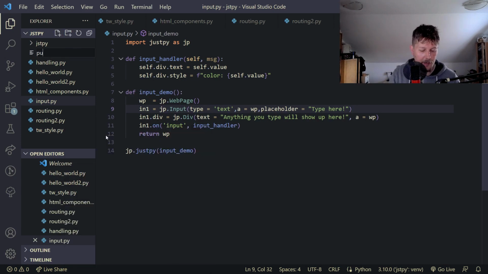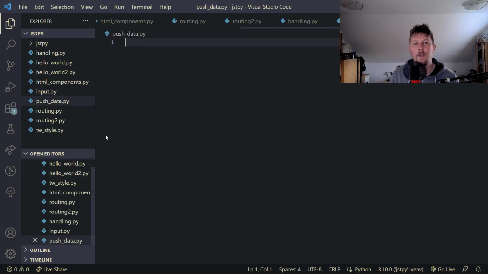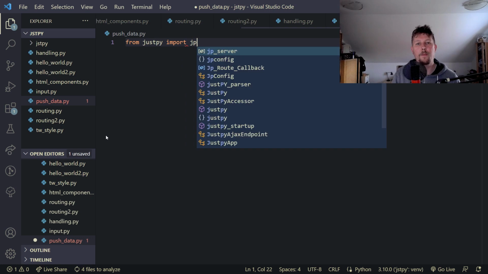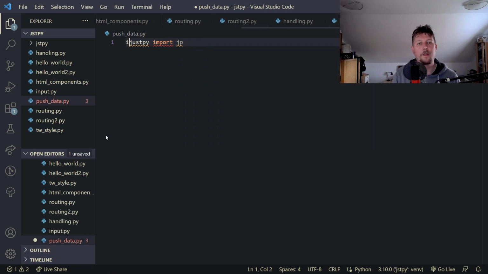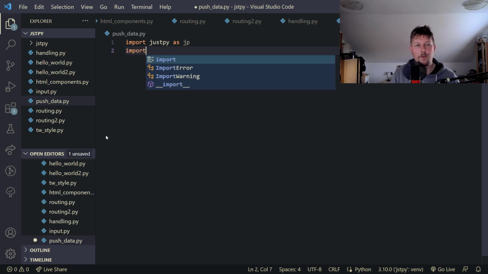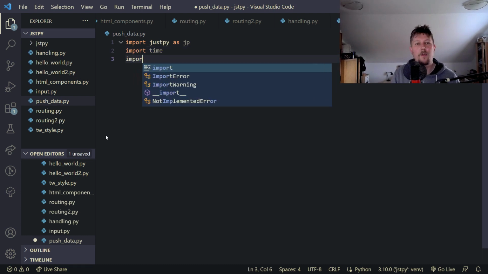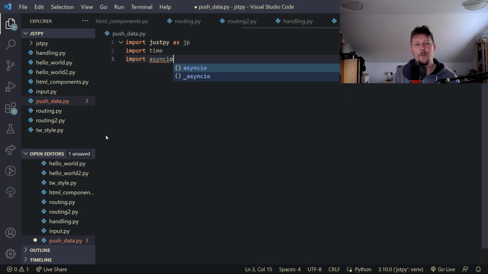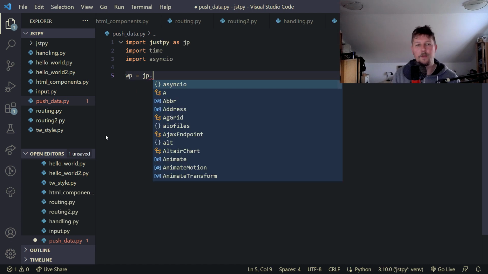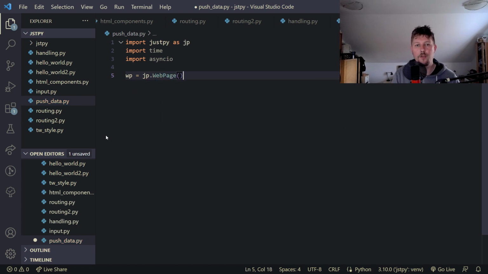So let's say we call it push data.py. So from JustPy we import JP, import JustPy as JP, and let's import the time module and import asyncio. Now we can create our web page, and this comes from the web page, and the delete flag is going to be false,